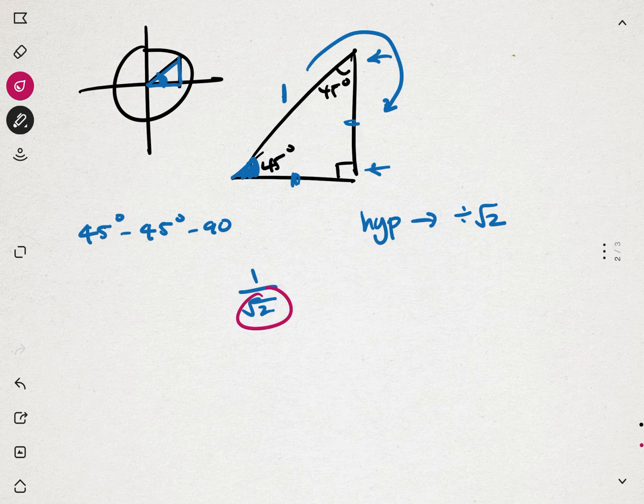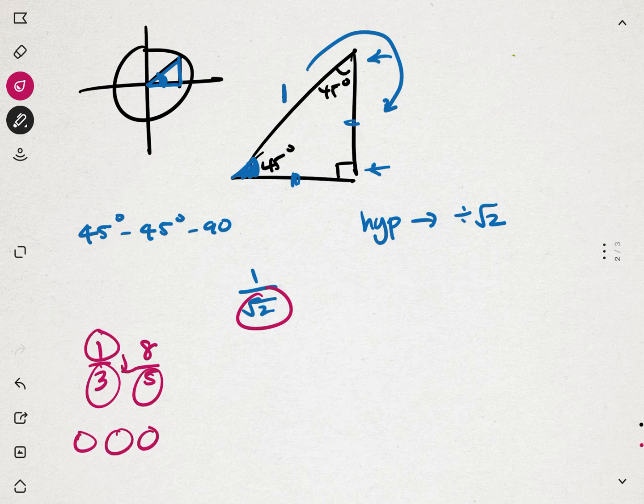And the reason why is because if we're thinking about fractions like 1/3 or 8/5 or something like that, where the denominator is a whole number, this is easy to conceptualize because really it's saying let's put one thing in 3 groups. So we can draw 3 groups and we can split the things up into those 3 groups. The same thing with 8/5. Like if I have 5 groups and I'm putting 8 things into them, that's conceptually easier to picture